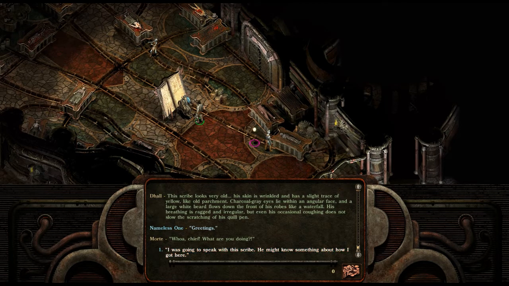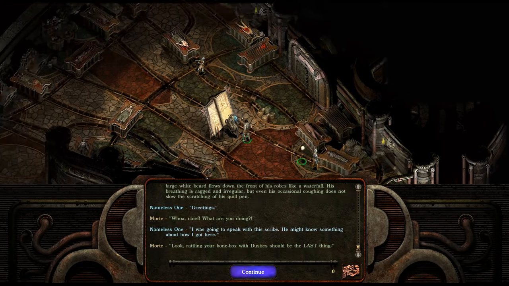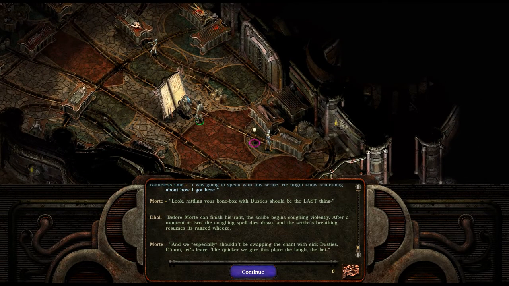"Oh, Chief, what are you doing?" And speak with him. "Look, rattling your bone box with Dusty should be the last thing." Before Morty can finish his rant, the scribe begins coughing violently. After a moment or two, the coughing spell dies down and the scribe's breathing resumes its ragged wheeze. "We especially shouldn't be swapping the chat with sick Dusties. Come on, let's leave. The quicker we give this place the laugh, the..."